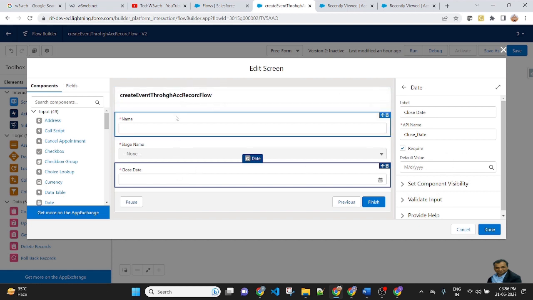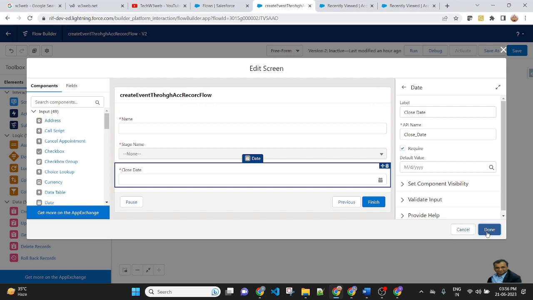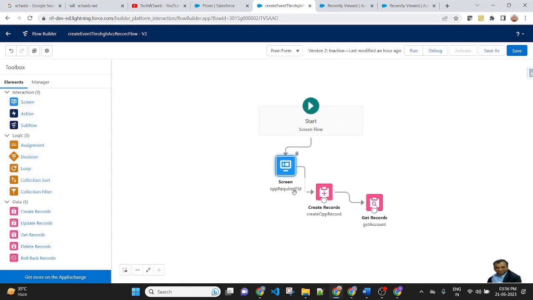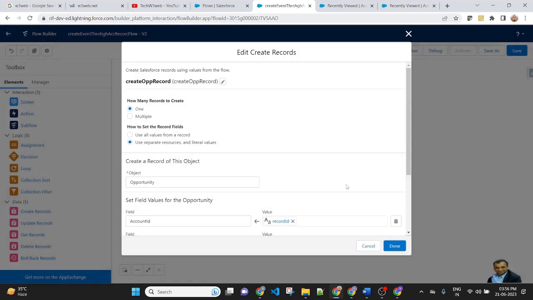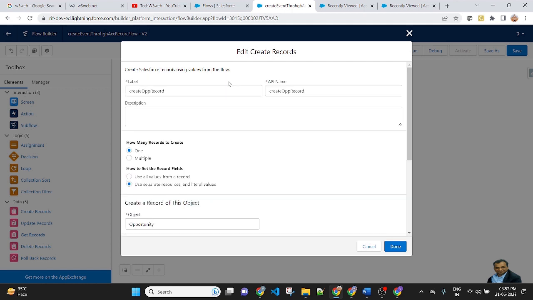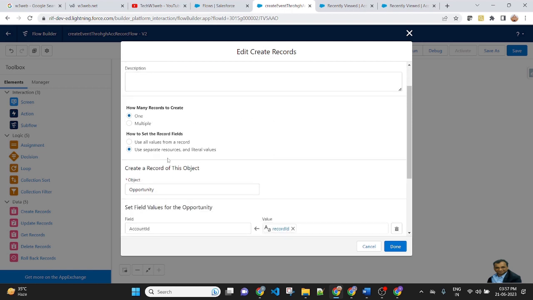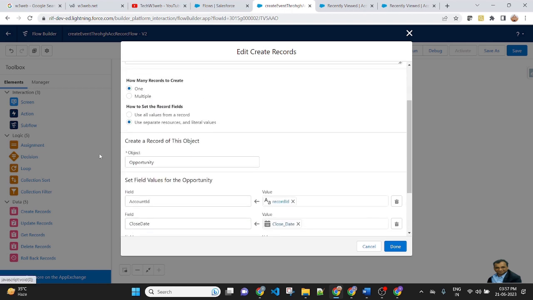So first I created a screen. Then I will create a record of opportunity. Write the name of the label of the flow, then select one, because I am creating one record of opportunity. Then select use separate resources, then select object name opportunity.